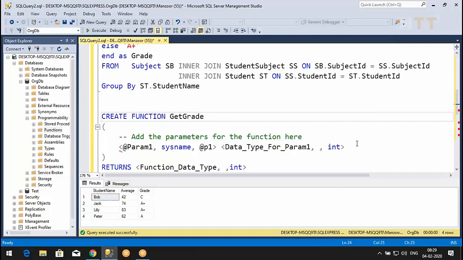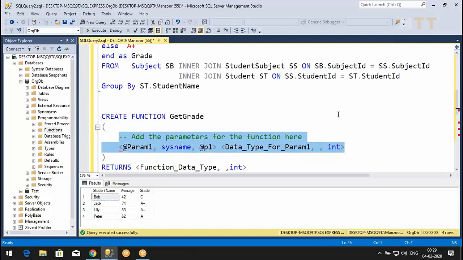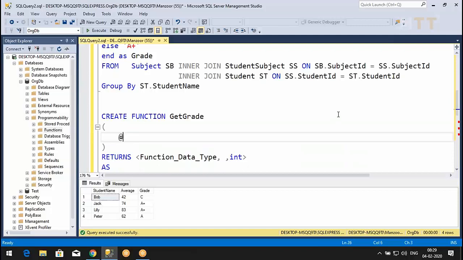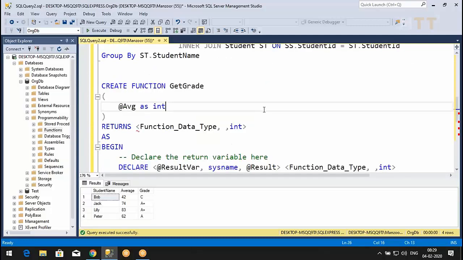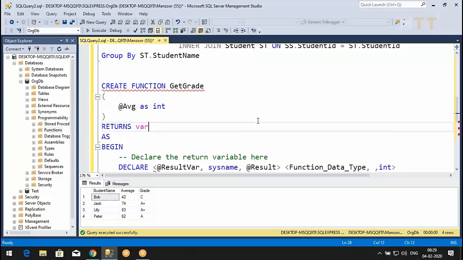And what is it expecting? It is expecting a parameter, that is average, right? At avg as int. We are passing average, and based upon average we are calculating grade, so it is expecting average. And what is it returning? Grade, that is varchar.